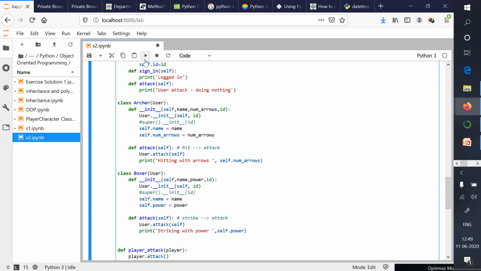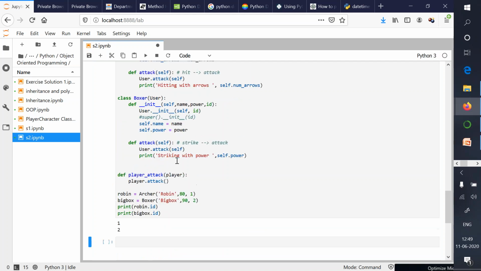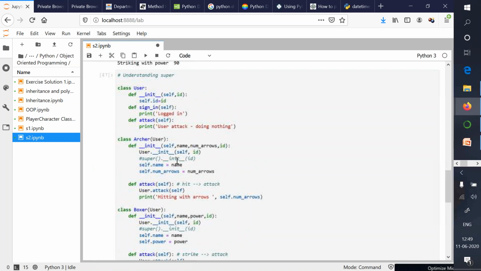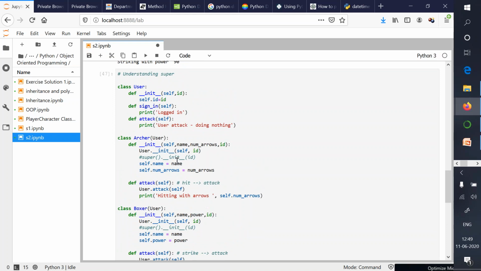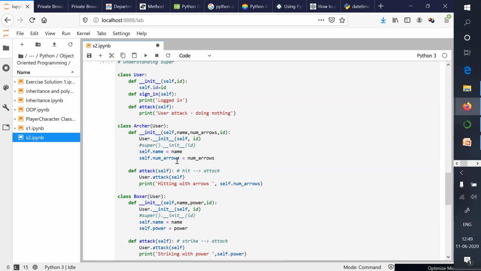You will be getting the same result. So this was the demonstration of the usage of the super method, and I hope that this concept is clear to you. What we are doing with super is making a call to the init function of the classes which lie higher in the inheritance hierarchy.